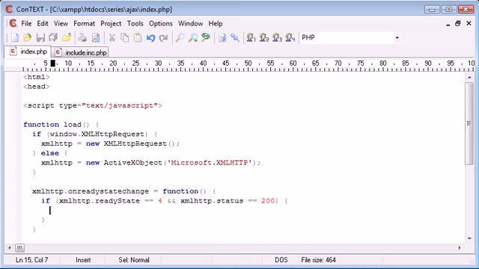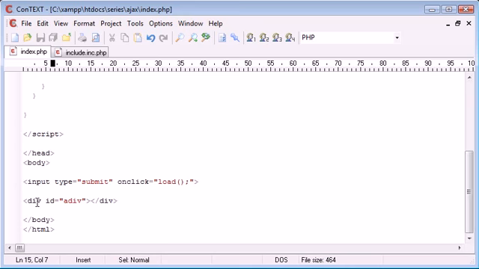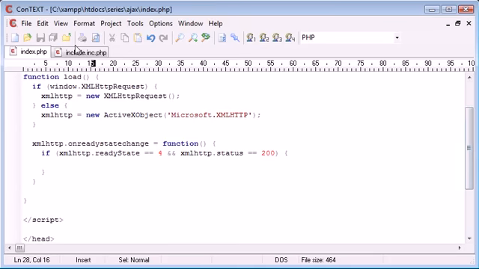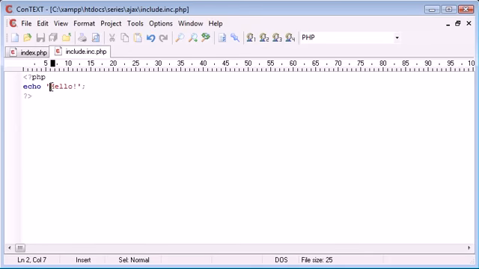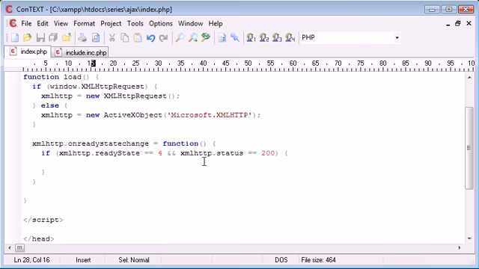And now inside of here, we need to do what we need to do. So what we essentially need to do is insert some HTML data into this div tag. And by HTML data, this could be a PHP file, because when we echo out hello, this is essentially HTML data. We can also read in text files, things like that, to our div as well,